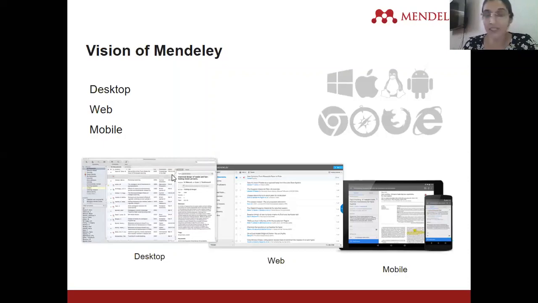The version on the desktop is like a short-term memory. A short-term memory means these things stay saved on my desktop. The web version means it is on the cloud. So what happens with my desktop version? Every time I enter any paper, it gets entered in the web version, and I have to go to my desktop and press a button called sync, S-Y-N-C, so that the data from the web version comes to my desktop version.